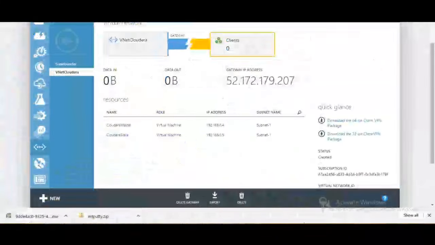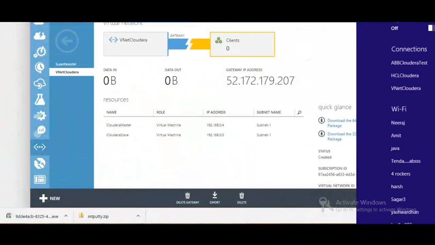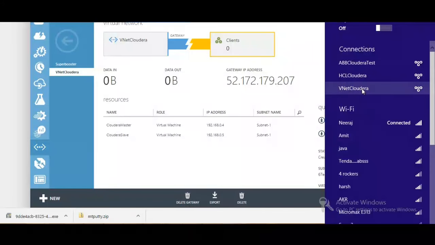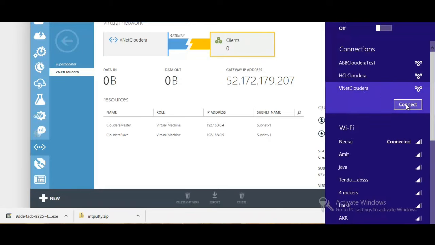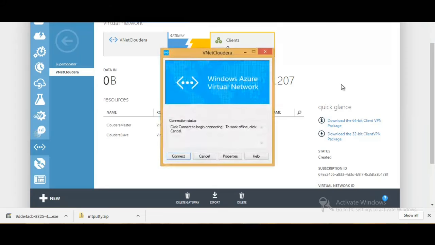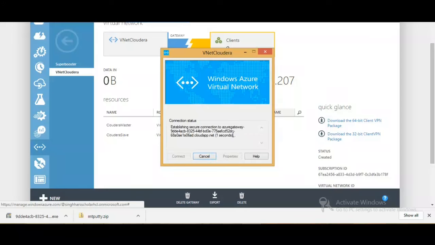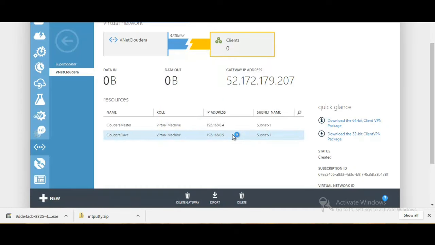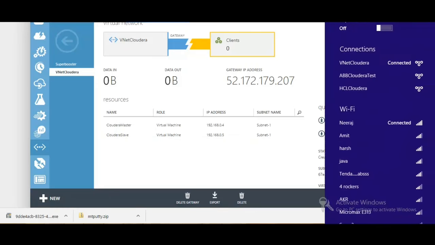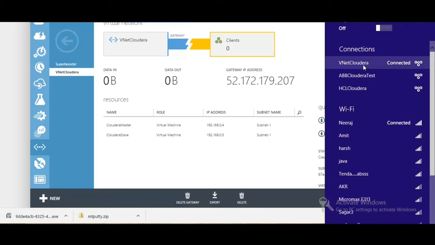Now our VPN client is installed. Check that. Here we will see that we have Cloudera. Click connect. And it will authenticate you by the client certificate. Once you are connected, it will show VNet Cloudera connected. Now you can